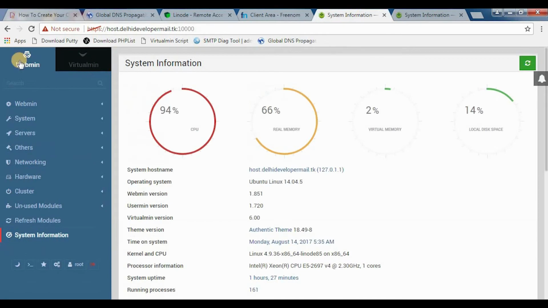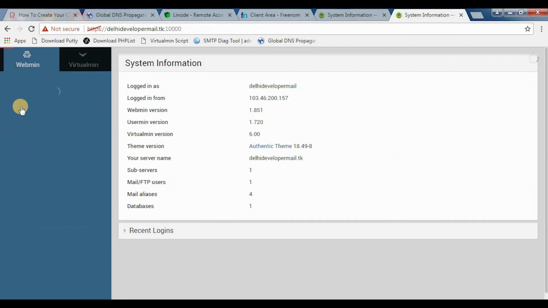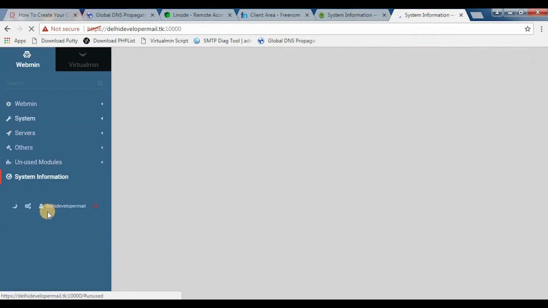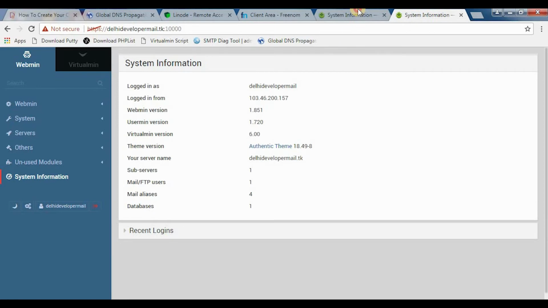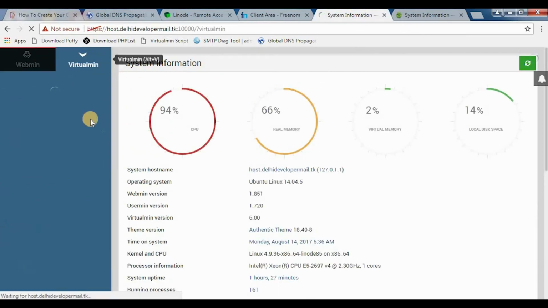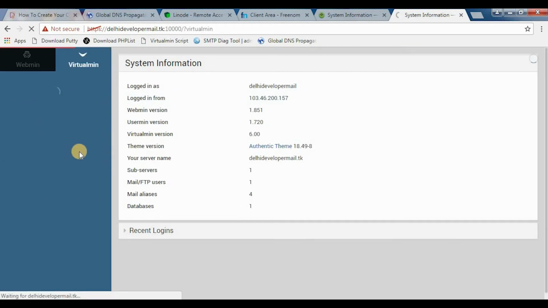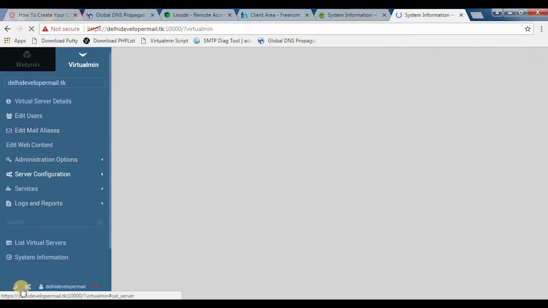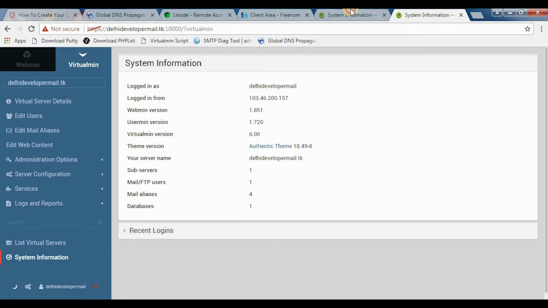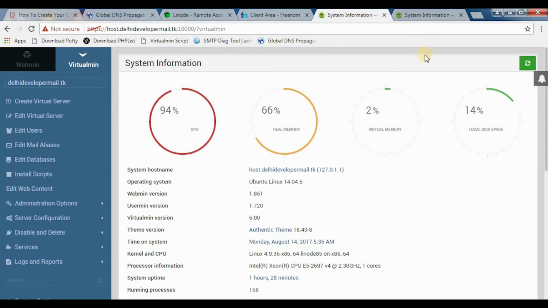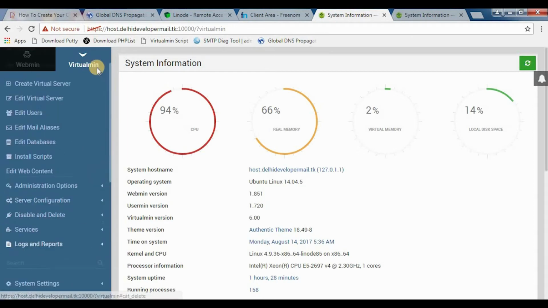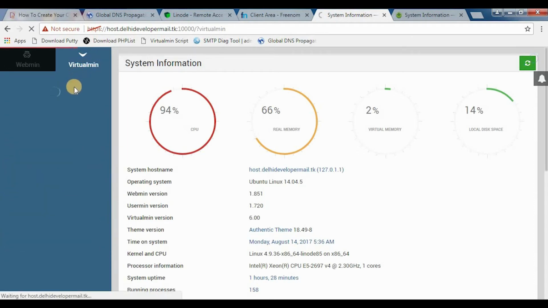So both of these have Webmin and Virtualmin. You will see more options here in the root account. You will see fewer options here in the Webmin of a virtual server account. You will see more options here also in Virtualmin, and fewer options here in the Virtualmin of an individual account. So the next thing that we are going to do is use the root account and click on Virtualmin,